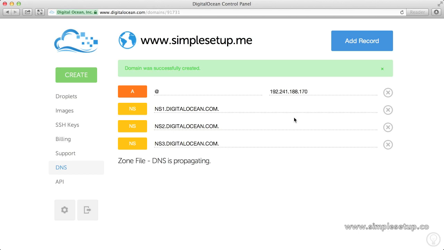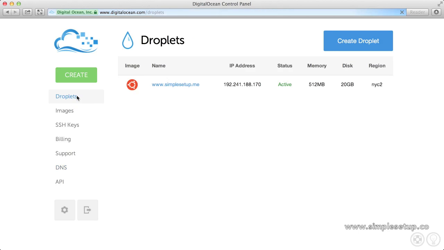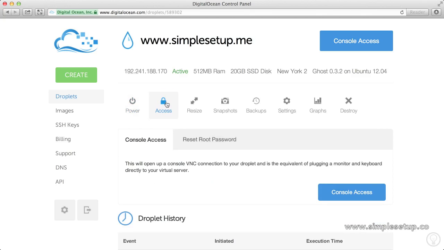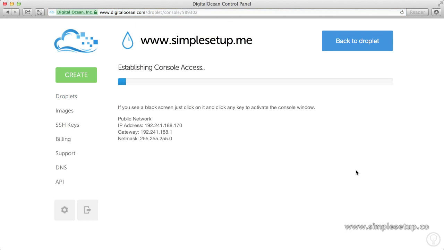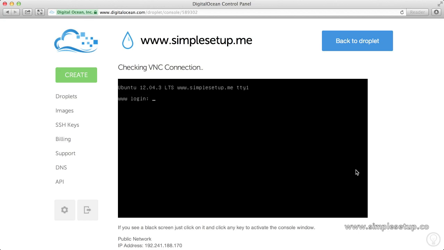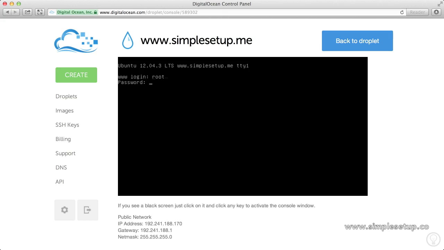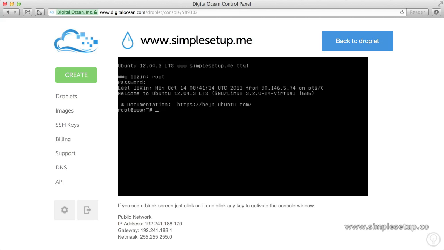Next, we'll have to change some settings in our actual Ghost setup. So click on Droplets, then click on the domain name. Now select Access and Console Access. This should give you access to your server via the command line. You'll be asked for your login. By default, it is root, and your password should be the one that was emailed to you when you set up your droplet. So type that in, hit enter, and now we'll be using the text editor Nano